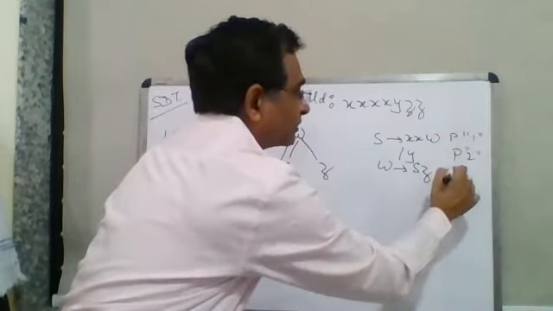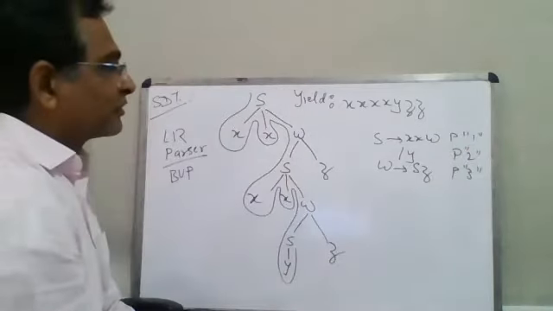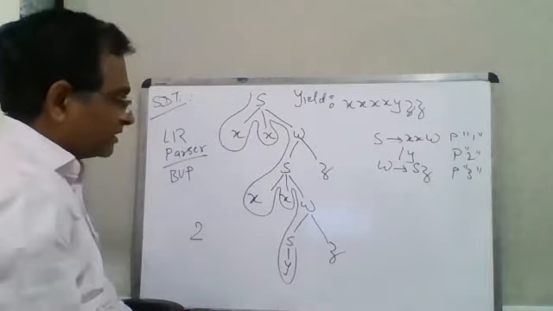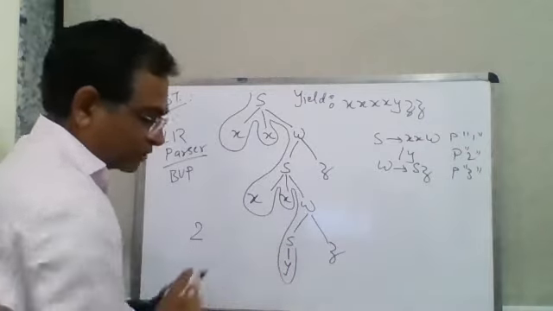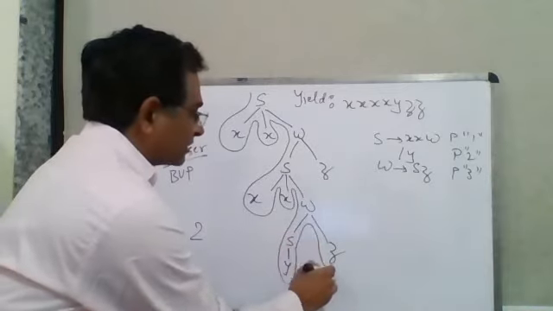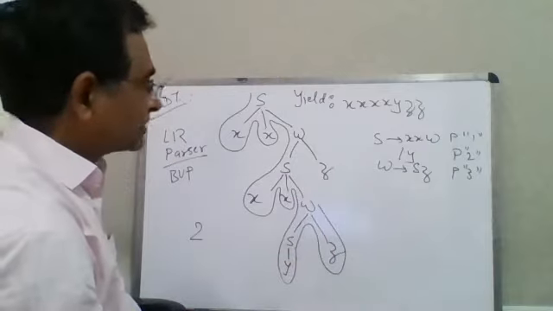That was the action, and printing 3 here. So when S tends to Y, the production is there, so it is going to print 2. So 2 is printed because of this, right? So printing 2. Then this is going to continue here, and this is where the W equal to SZ is